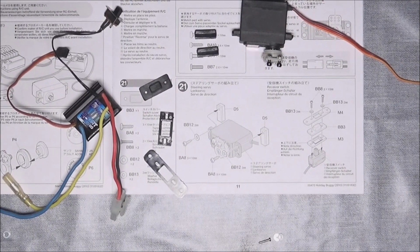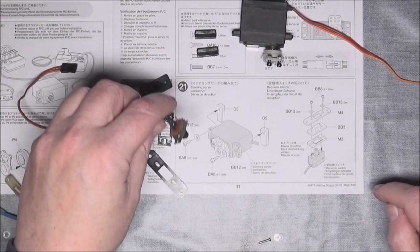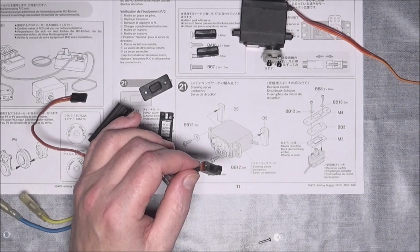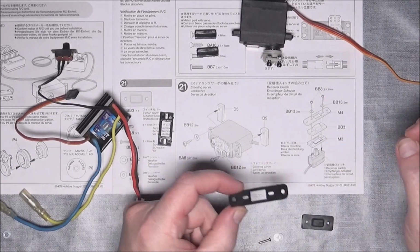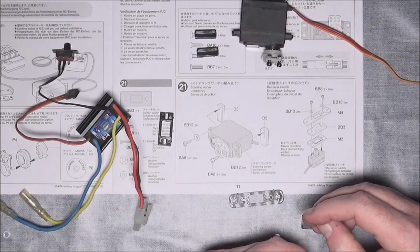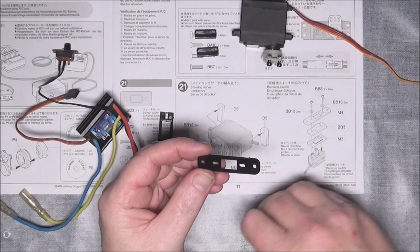Step 21 is prepping the servo to be installed, and also the on-off switch with the dust cover. So we've got M4, BB3 and M3s, and again, I think a lot of this is going to depend on what electronic speed controller you've got. God, I couldn't think of that then. I'm getting worse, folks. So what we do is we take M4, and we need two of these BB8 and BB13s, which are 2mm washers and screws, and we take one through and drop it